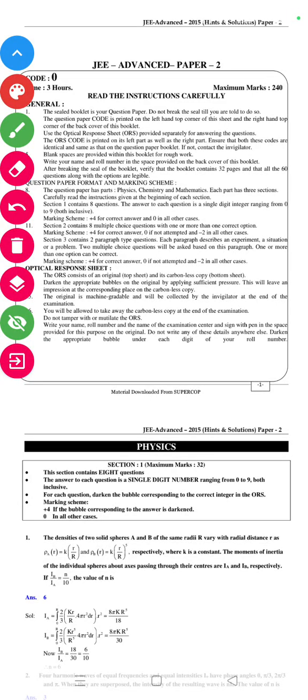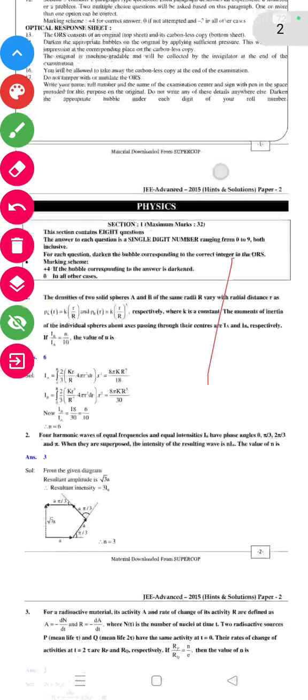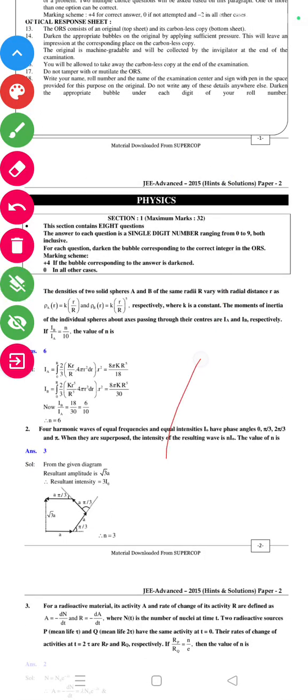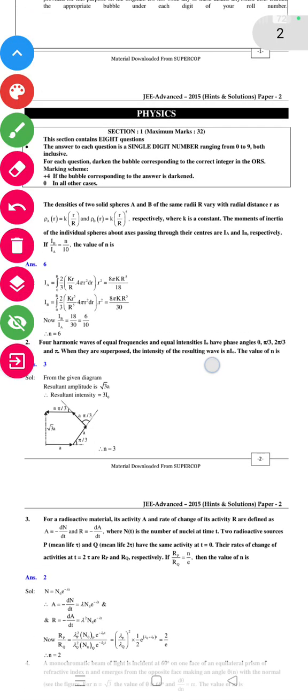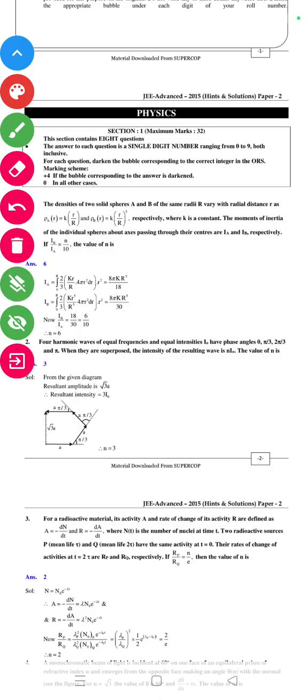अभी ये है JEE Advanced पेपर 2 का फिजिक्स वाला पार्ट, पहले देख रहे हैं, उसके आगे फिर नेक्स्ट केमिस्ट्री देखेंगे, उसके बाद फिर मैथमेटिक्स वाला पार्ट। तो पहले इंटीजर टाइप क्वेश्चन है। इसमें पहला क्वेश्चन है कि